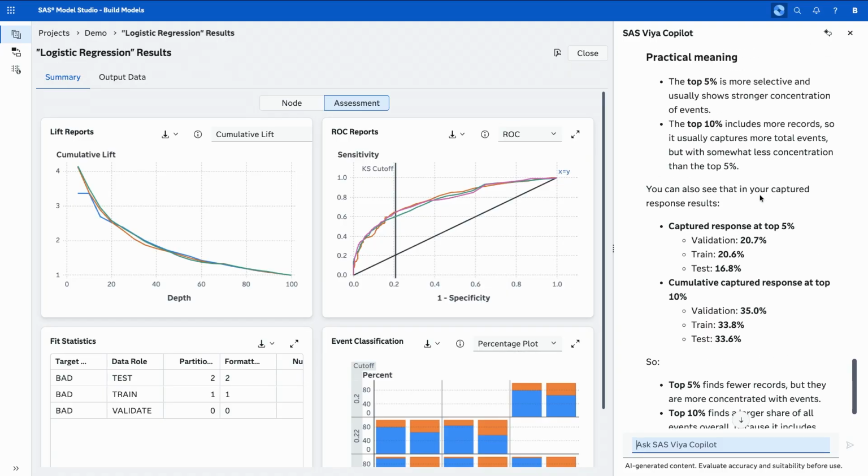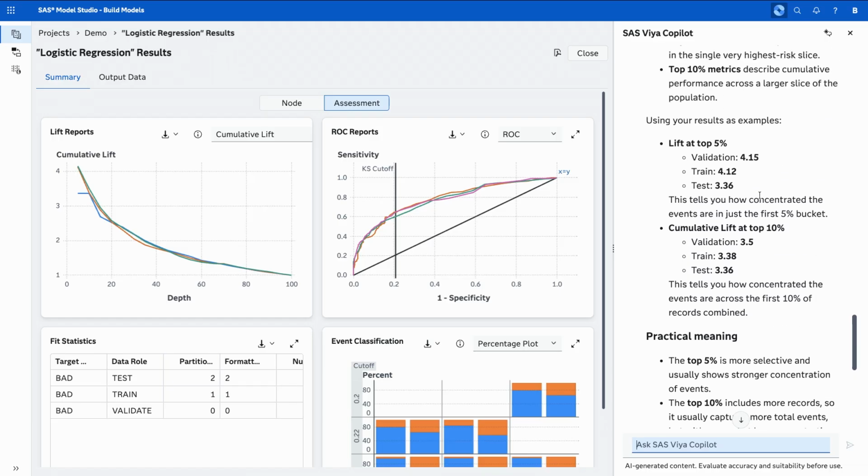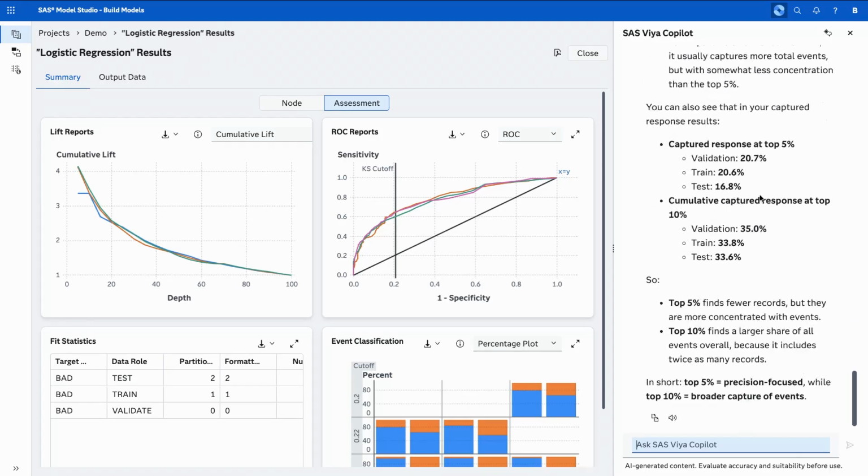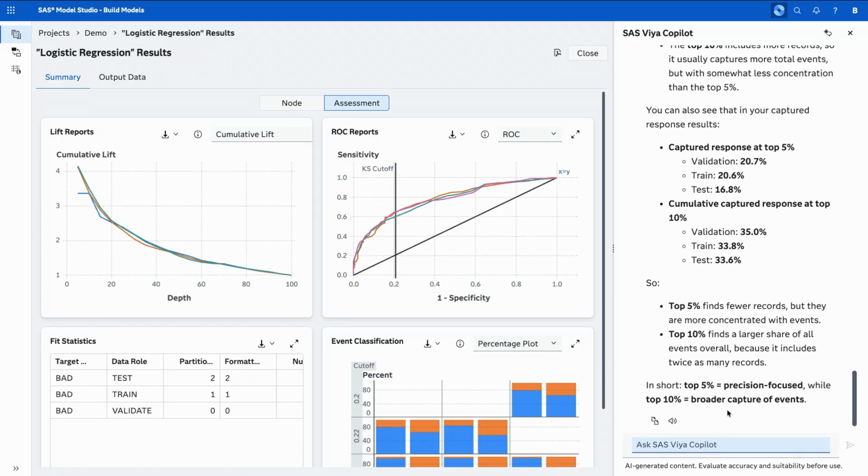And we can see, again, that it repeated some of the same information that we saw before, but maybe the most important thing was down here at the bottom, the definition of why it showed me top 5 versus top 10. Again, allowing me to get more and more information about what's in those charts and to better understand it.